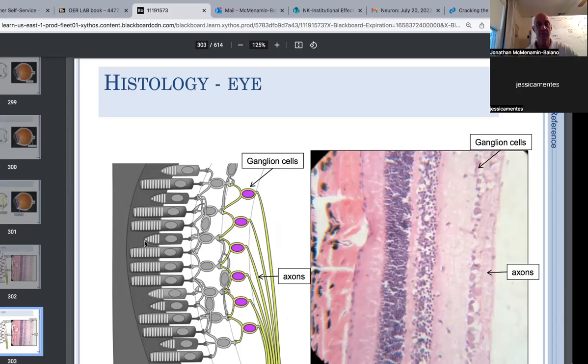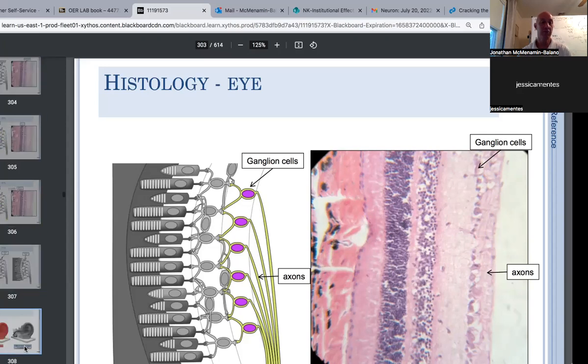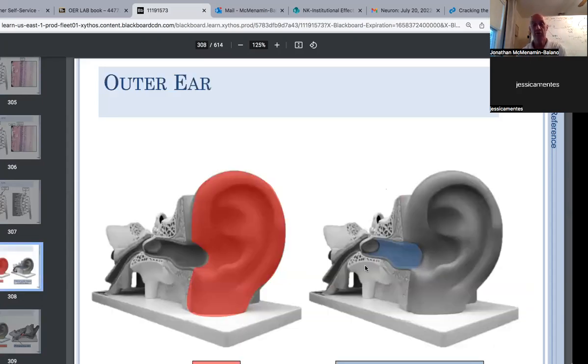So you actually collect information the farthest position back in that retina, and then it's sent through a series of layers. Ultimately, it's collected into the axons of cranial nerve number 2, right? Like I said, it's a little bit above our pay grade right now, but how it works relative to, say, the ear, which is what we're going to go to now, is